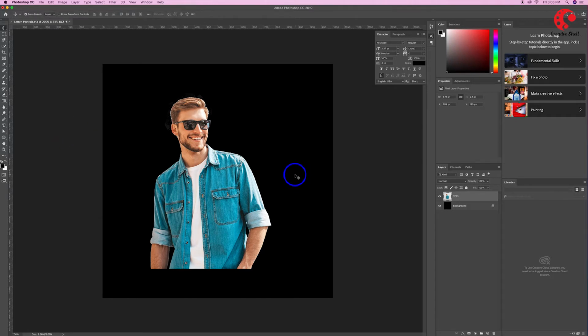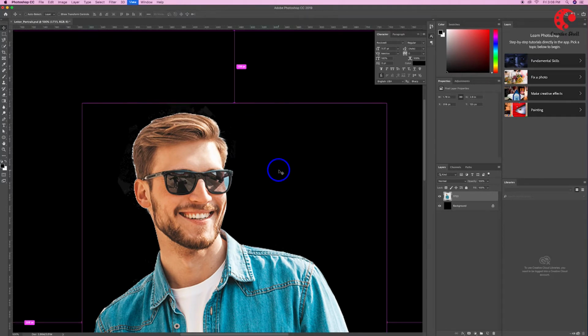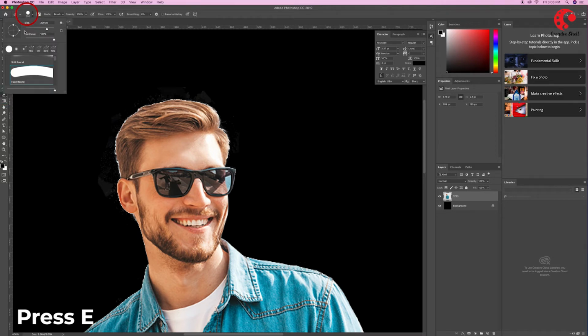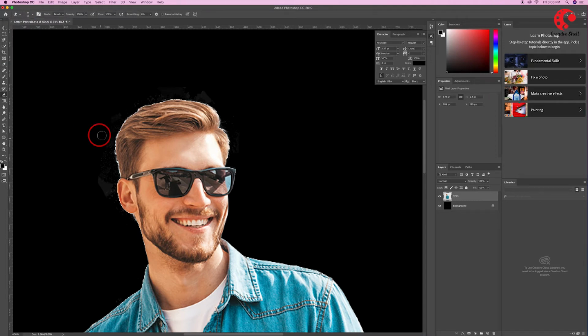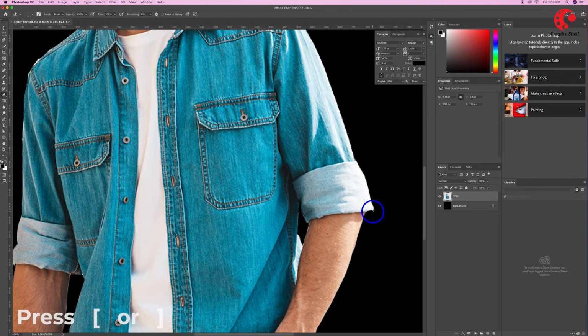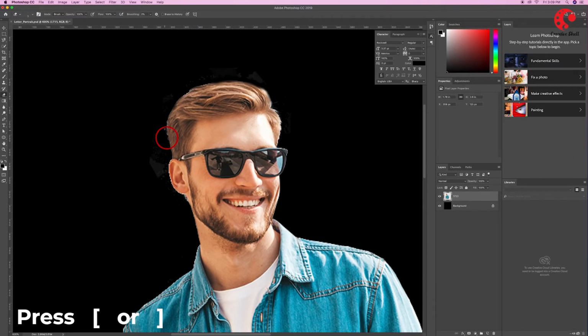Now we will have to touch up the image. Zoom in and check if the outlines of the model are done correctly. If they are still not right, then we will have to erase them completely. Choose the eraser once again or press E on your keyboard, but this time change the brush and the size of the eraser from the top toolbar of Photoshop. Start erasing the extra areas around the image to make it look more natural. You can either change the size of the eraser from the top toolbar or use the shortcut by pressing the left bracket to reduce the size or the right bracket to increase the size of the eraser.